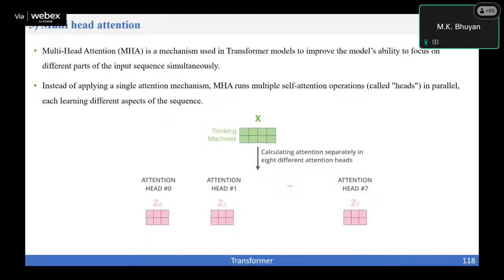After this, the next concept, as I already mentioned, is multi-head attention. Instead of considering only one attention, we can consider multiple attentions, because we can see different parts of the sentence or the relationships between other words. One attention may not be sufficient, but if I consider other parts or other words of the sentence, then we can consider multiple attentions. In the original paper, we have 8 attention blocks, Z0 to Z7. So that means we have to consider